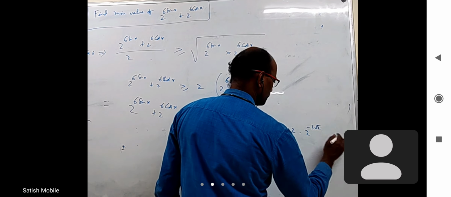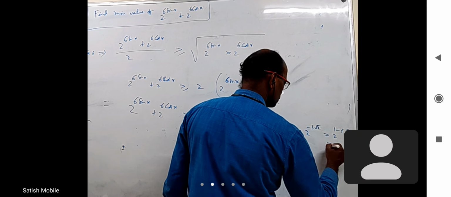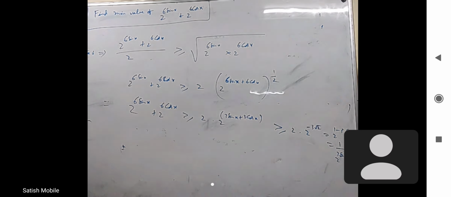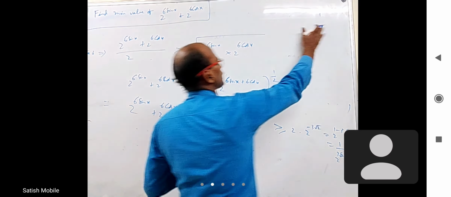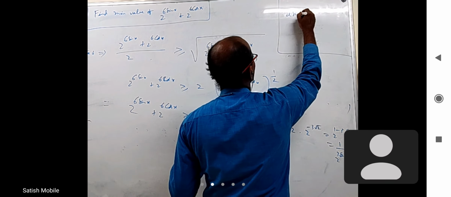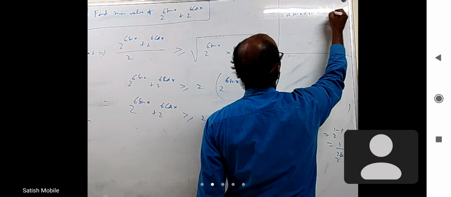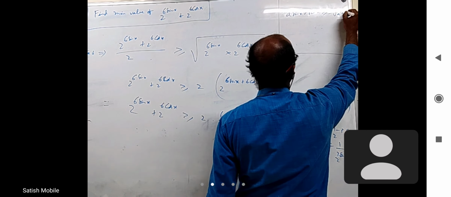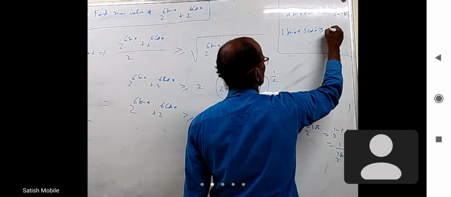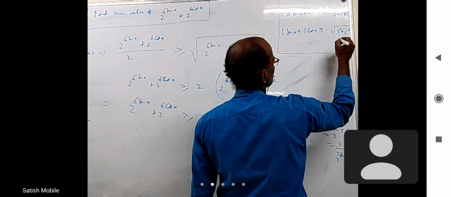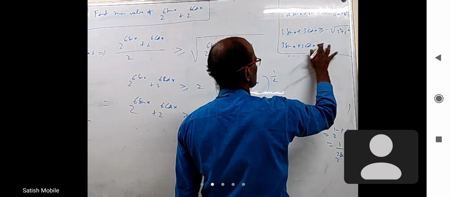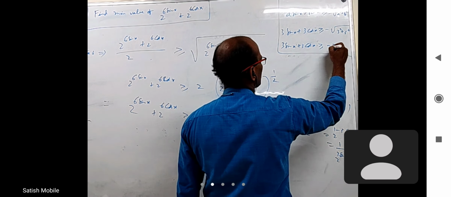So the answer will be 2 power 1 minus 3 root 2, or 1 by 2 power 3 root 2 minus 1. Okay. From here to here, what actually happened is separately, a sin x plus b cos x is greater than or equal to minus root a square plus b square. That is the minimum value. So based on that, 3 sin x plus 3 cos x is greater than or equal to minus root over 3 square plus 3 square. So that is 3 sin x plus 3 cos x is greater than or equal to minus 3 root